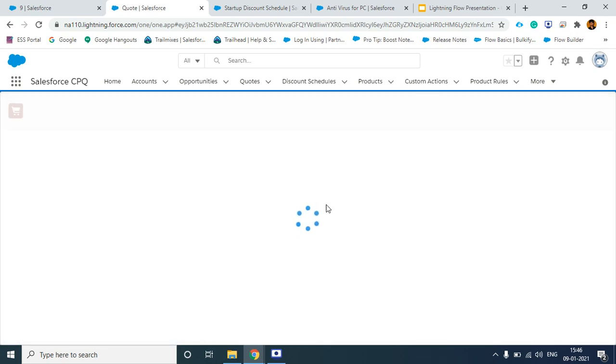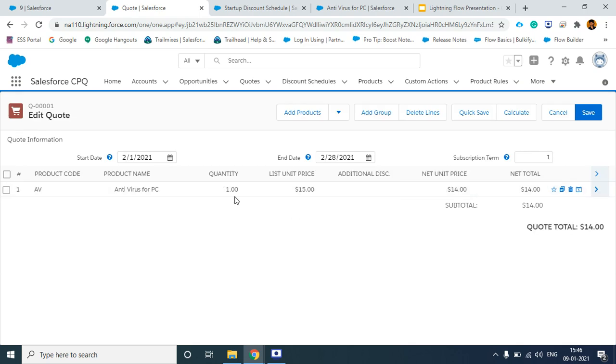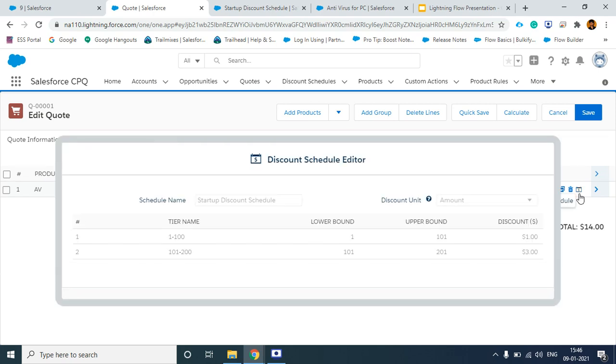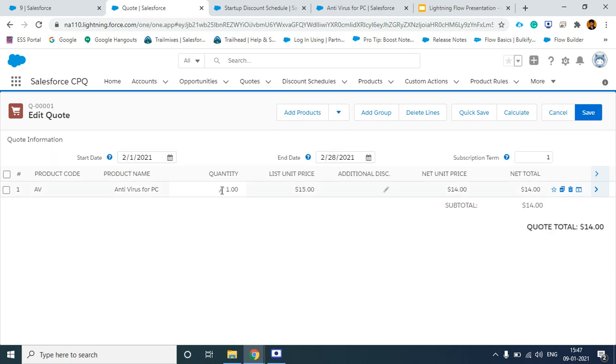Here you can see for even one quantity a discount has been applied, $1 of discount. You can also see the discount schedule applied is the startup discount schedule. For between 1 to 100, whatever they select, it will be $1 discount for a particular license.